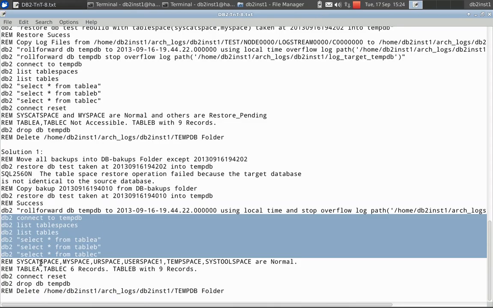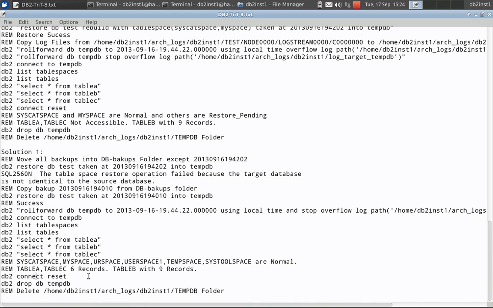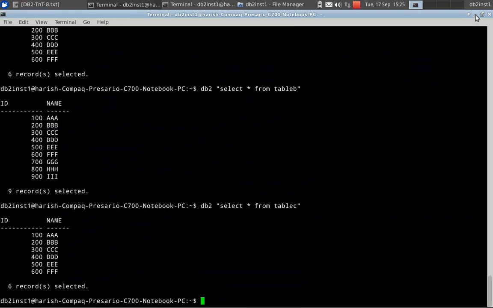Okay, so that's it. This is how you recover, and the job is not complete here. You just rebuilt the database, so you will have to export the required data, tables or indexes, whatever, using data movement utilities, and using the db2look utility you can get the definitions. Using data movement utilities you will have to do this, that I am not covering in this video. So that is the rebuild of the database.